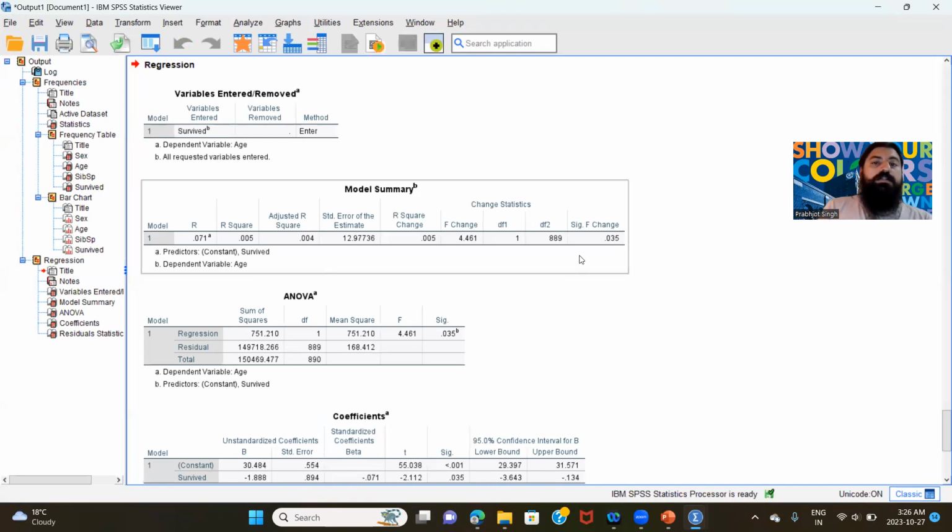So this is the result that I have got for the linear regression. So we had a dependent variable named age and an independent variable called survive. The first part shows the model summary. So here we can see the R square value. So basically, the R square value is